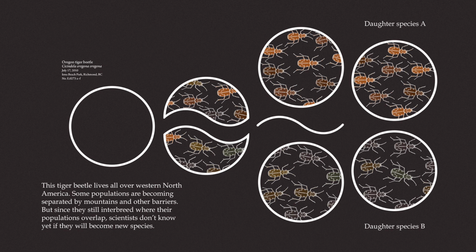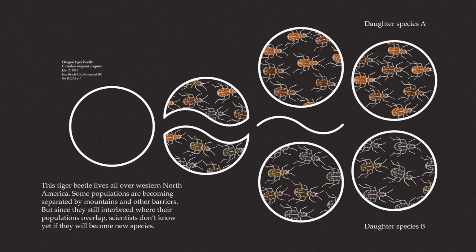These forms of isolation can be further classified as prezygotic, meaning before a zygote is formed, a zygote being the initial structure, which is the fusion of egg and sperm, as well as post-zygotic isolation, so isolation that occurs after a hybrid has been formed. This is usually in terms that the hybrid itself is not viable, so the hybrid is not able to reproduce and create children. In this display, the diagram is showing these tiger beetles undergoing geographic separation, also known as geographical